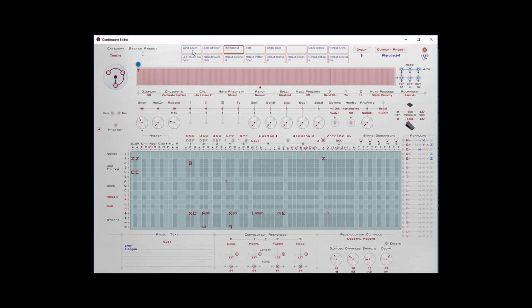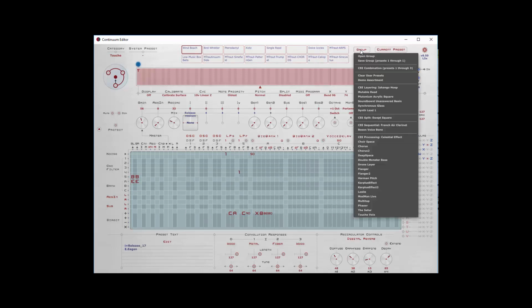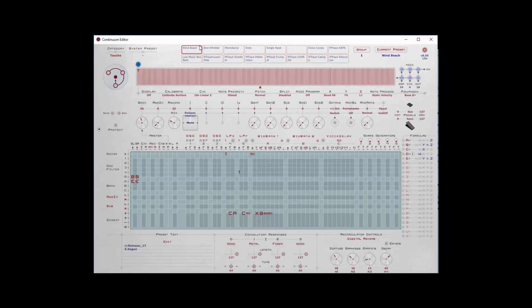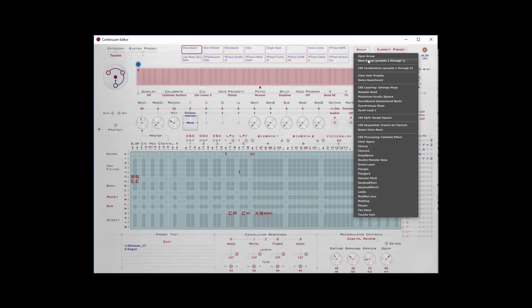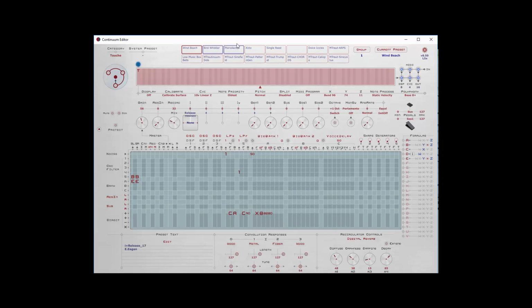With the new group function of CCE combination mode, if you have an expanded Continuum, you can combine up to 3 presets this way. All you have to do is select the first of the 3 that you want to combine. So I want to combine the Wind Beach, Bird Whistler, and Pterodactyl, and I will simply select Wind Beach, CCE combination. It groups them together, and now when I play, I get a real